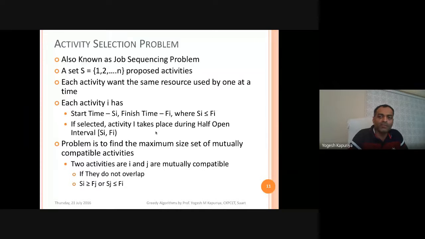That means out of all the feasible solutions, you need to choose the solution which can maximize the total number of activities which can be performed at once. That is the objective. In the next session, we will be discussing how we can solve this problem statement. You should also think about it, about the possible ways to solve the activity selection problem. You can just think on it. In the next session, we will discuss further.